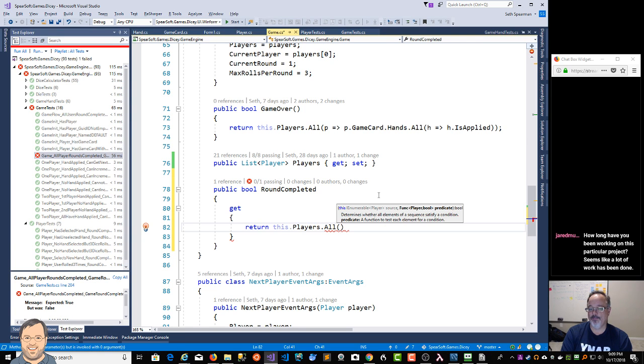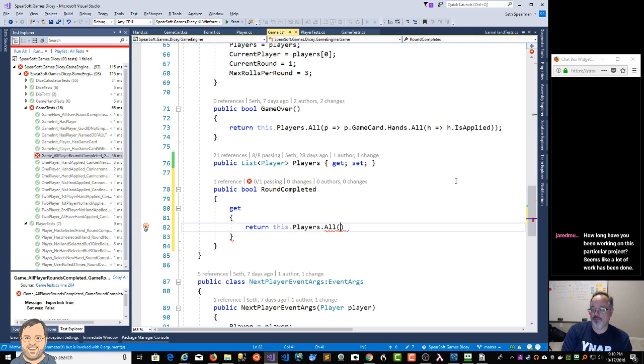There's a way this can be done with a LINQ expression too. In this case, I'm looking at all the hands. I don't want that. What I do want is